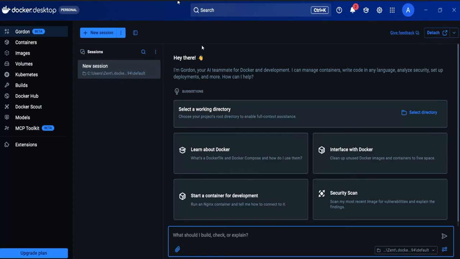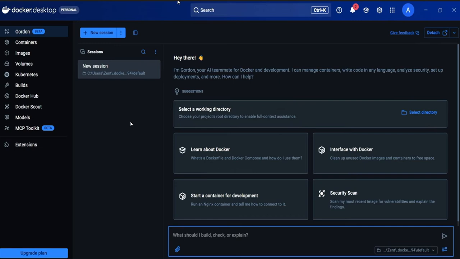How to use or install Cloud Code in Docker. So what you'll have to do is, first of all, you might want to go into your Docker desktop app and then make sure you're signed in or logged in. From there, in order to integrate Cloud, you can simply go to the